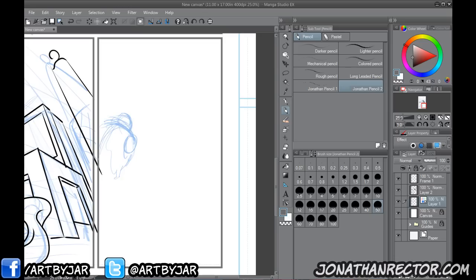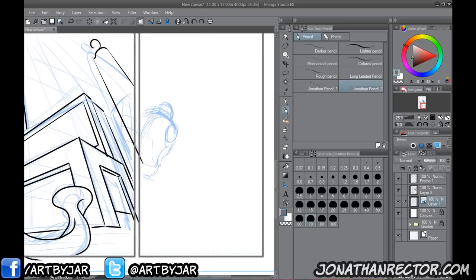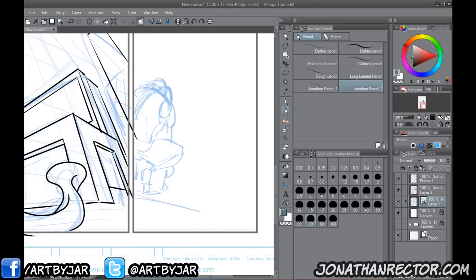Okay, so we've got some character hunched over. We can be Spider-Man-y, Batman-y. He's looking down at a city.